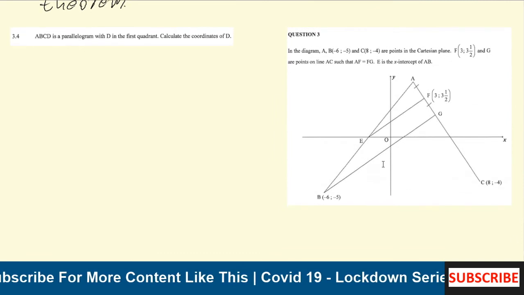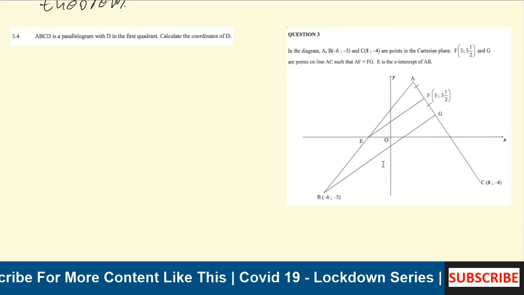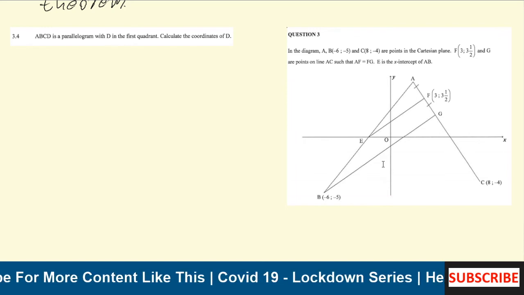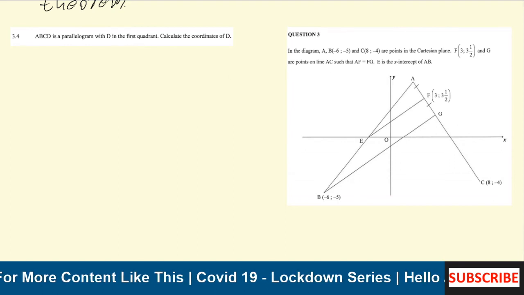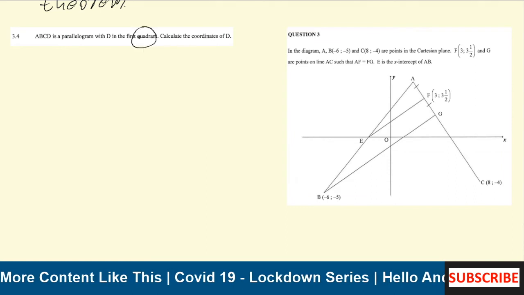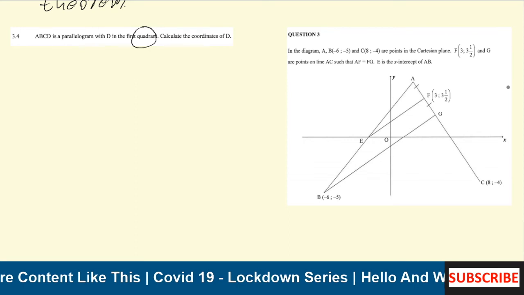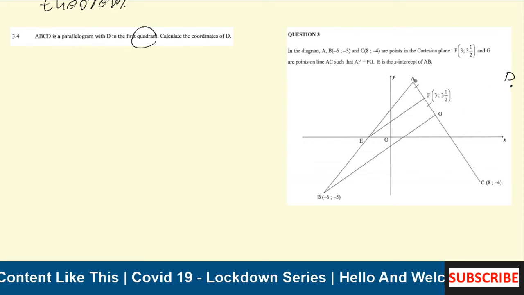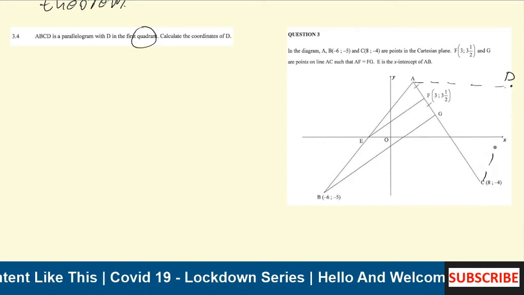So 3.4 says ABCD is a parallelogram with D in the first quadrant. Calculate the coordinates of D. So I want us to estimate the position of D, since we've been informed that it's in the first quadrant. So I'm just going to estimate that D is going to be at that point. So I'm going to call that D, and then I'm going to join these lines like that to make it